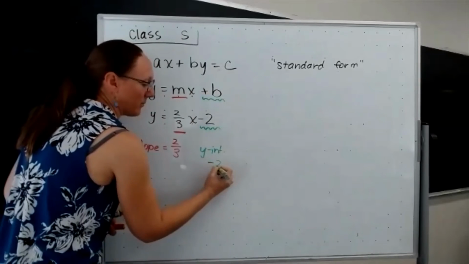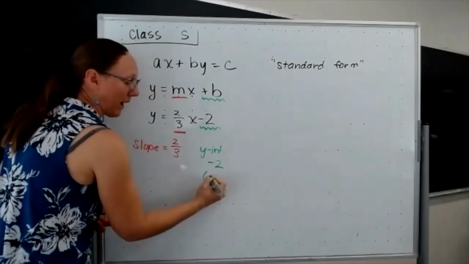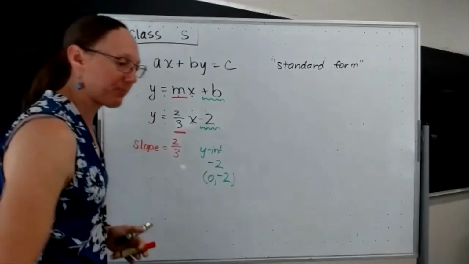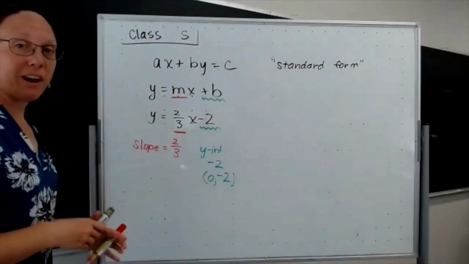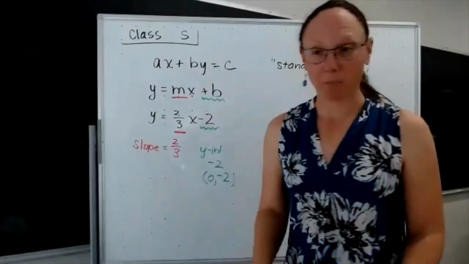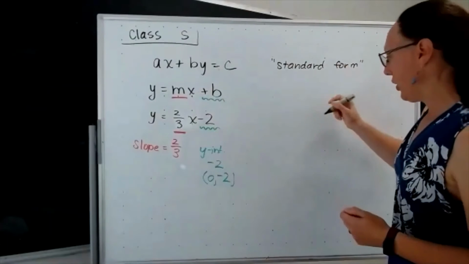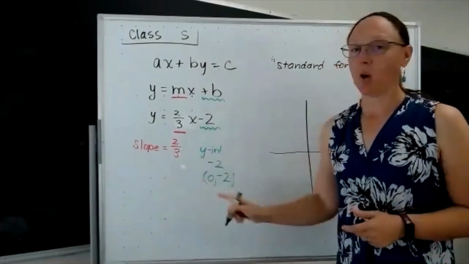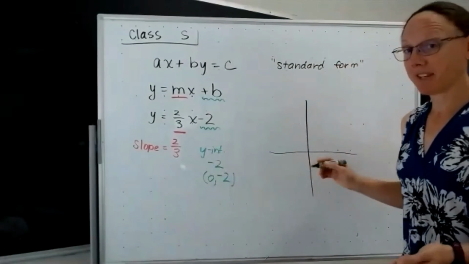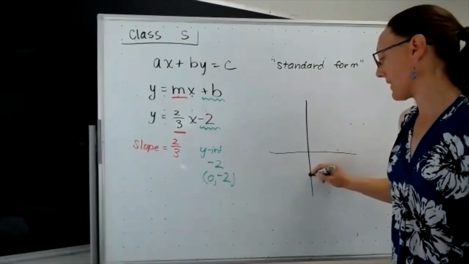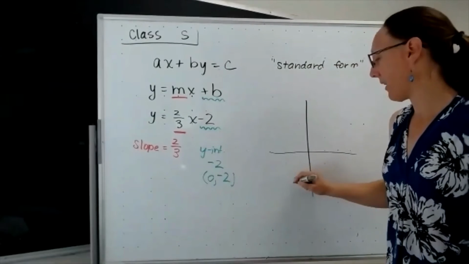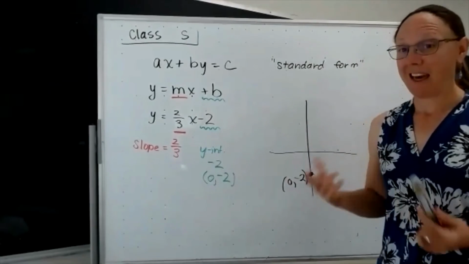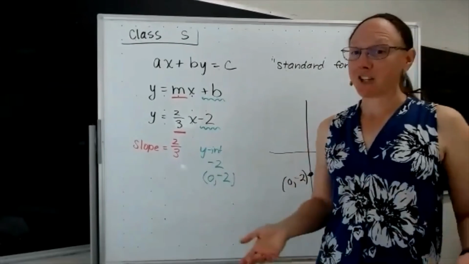If I think about that as an ordered pair, that's the ordered pair (0, -2). Well, if I don't have graph paper and I plot this, the important thing to note on the graph is that a y-intercept of -2 means it should be somewhere down here below the x-axis. I'm just going to label that as (0, -2). And then for my slope, I really just have to know